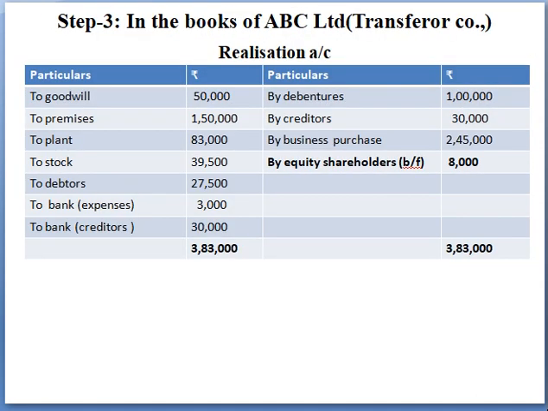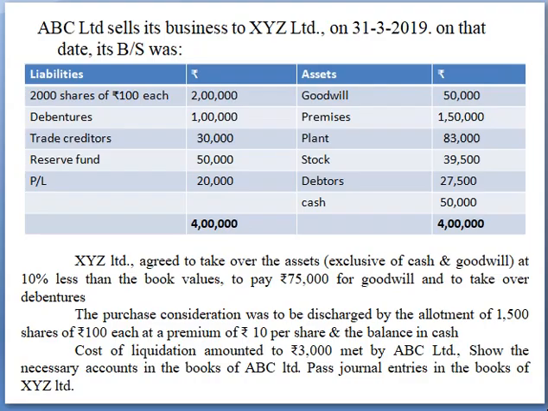Now the third step is in the books of selling company, that is transferor company. Will start with the ledger account. Your first is realization. The first one is you have to enter your assets and liabilities, right? Enter all the assets except your cash, right? In case of your net assets method, you should not enter your assets in realization because you will be preparing a separate ledger here. Okay, now in the books of selling company you are closing here, so enter at the book values. Only in the purchasing company you have to enter at the agreed value, right?